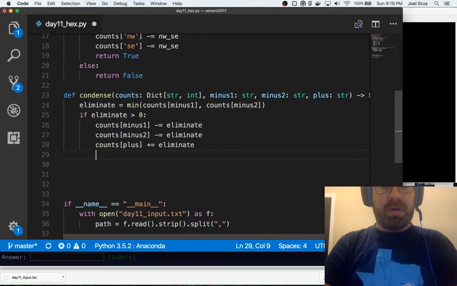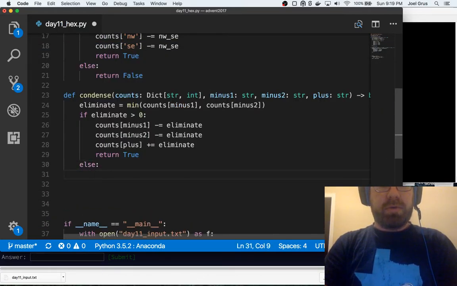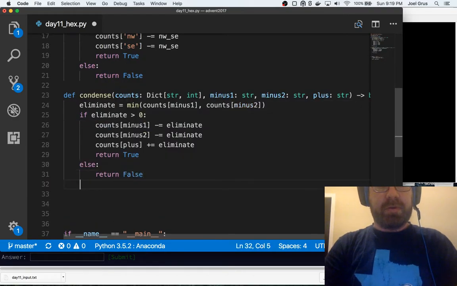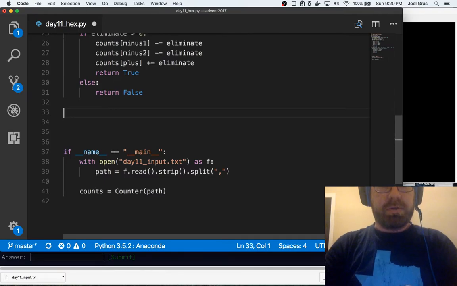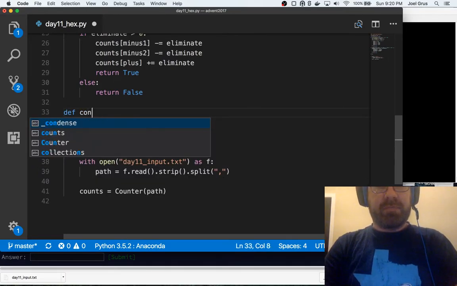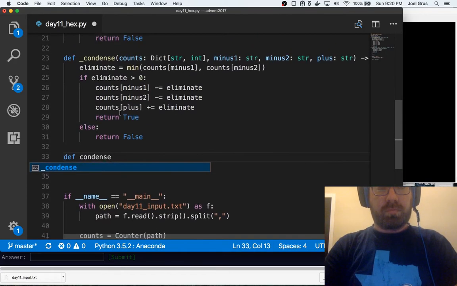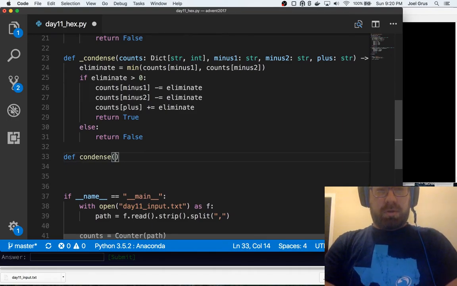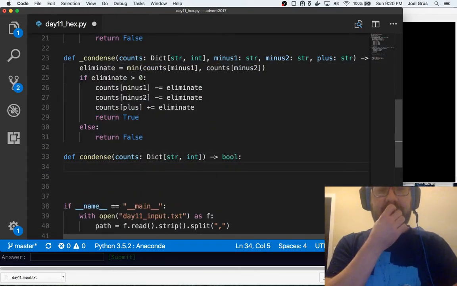Okay, and then I'll return true. Otherwise, I'll just return false. And I'll call this underscore condense so that I can call it def condense counts, dict string comma int. Again, this will go to a bool, and I'll just try and